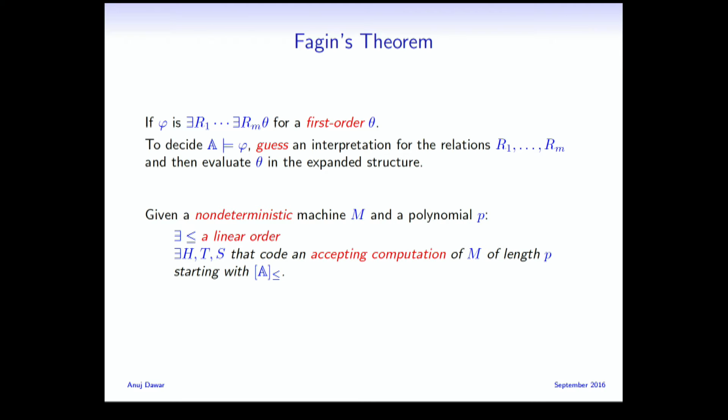Small remark about this invariance under the order. This machine M, clocked by the polynomial P, might not define a set of strings which is invariant under the order, under this isomorphism relation. So this formula doesn't define the set of strings accepted by M. This formula defines the set of structures for which there is some order which results in a string that is accepted by M, right? So if you take this, translate it into this, and then translate back into a machine, you don't necessarily get the same set of strings. You get its closure under the isomorphism relation. Okay, but that's okay. This is sufficient for proving the theorem.